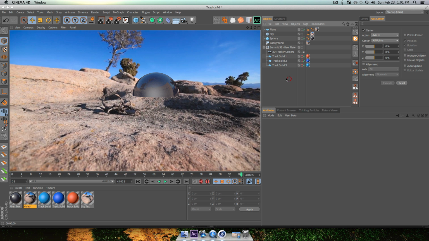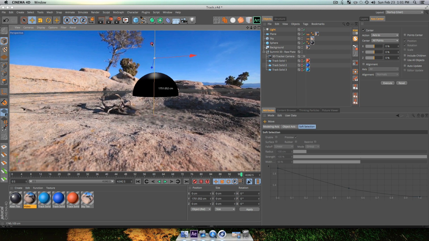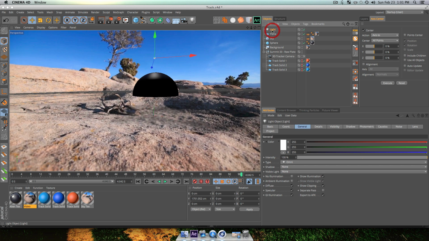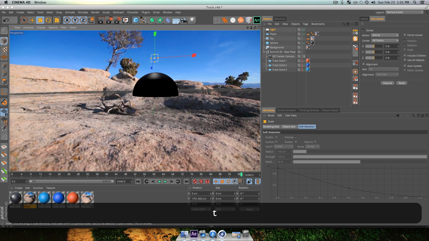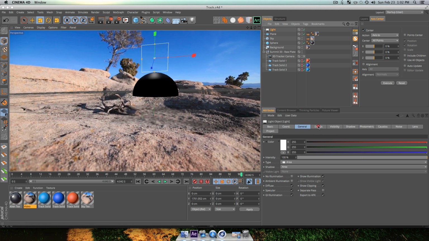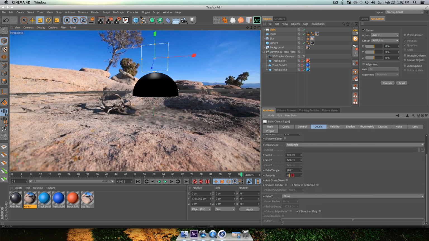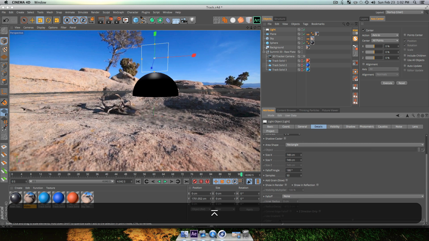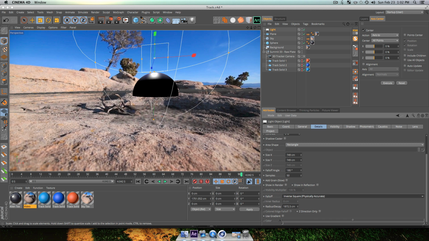So let's add a light to our scene. Click on the light object, and what we're going to do is just drag this up above our sphere. Click into your light settings, go down to Type, Area, Shadow, Area, and let's just scale this up a little bit. Next, go into your light settings, your details, and let's go down a little bit and change our samples to 50 just to smooth out our shadows, and we'll change our falloff to inverse square physically accurate.